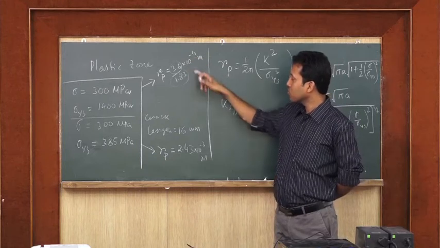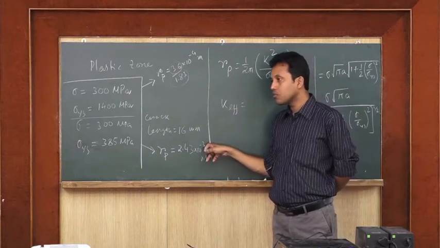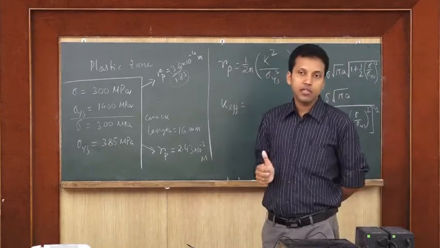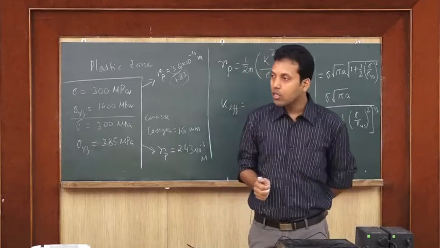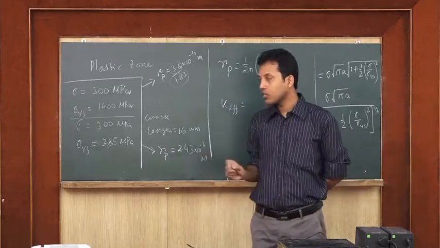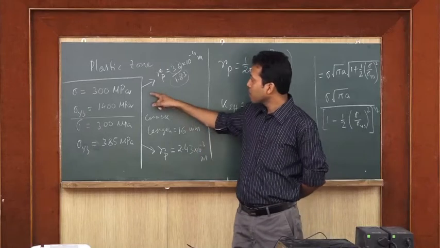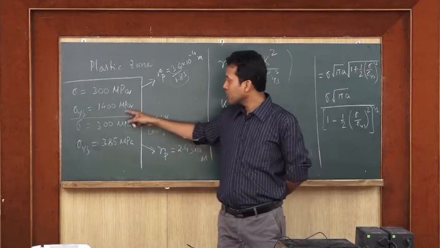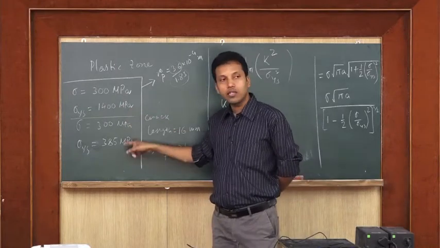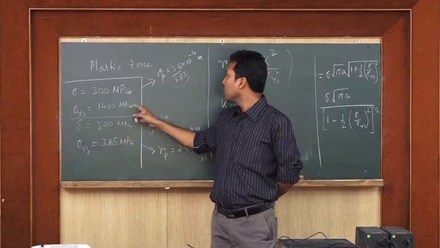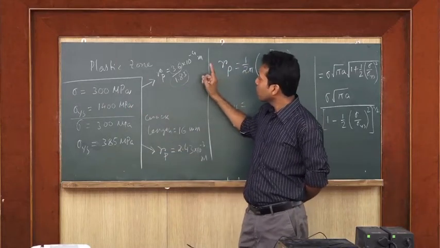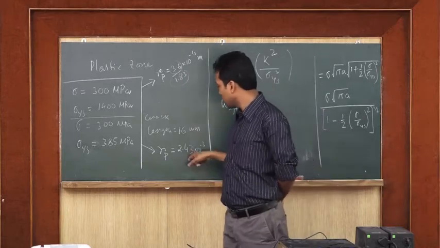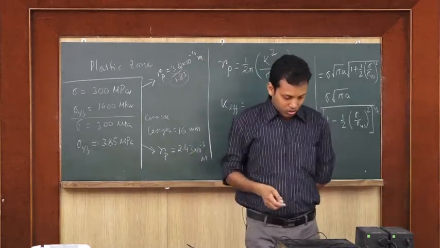It is this much, 10 to the power minus 4, and here it is in terms of 10 to the power minus 3. At least 10 times variation is there based on the yield strength of the material. All other things are the same, like applied stress is same, crack length is same, only yield strength is changing. So if yield strength is higher, you have found that the plastic zone size will be smaller. Did you get that here or not?